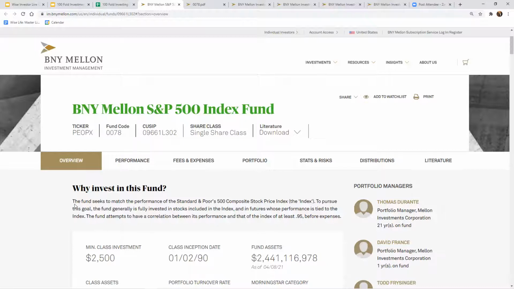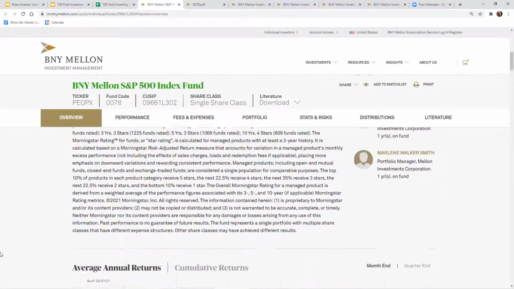We quickly translated what they're actually trying to accomplish in there. And then one of the last things is they told us they're actually trying to match it by 95%, which is actually a critical component. We do not want them to vary off of the list much. The more that people make decisions with lists that actually perform well, index funds, the more they vary off of it, the more you're going to have surprises and it's going to perform in erratic ways. So we want our index funds that we invest in to actually be very close, if not 100% of the actual index that they're trying to match.